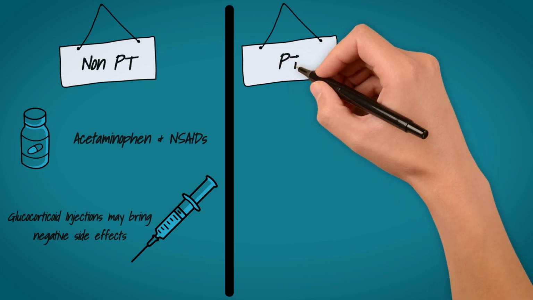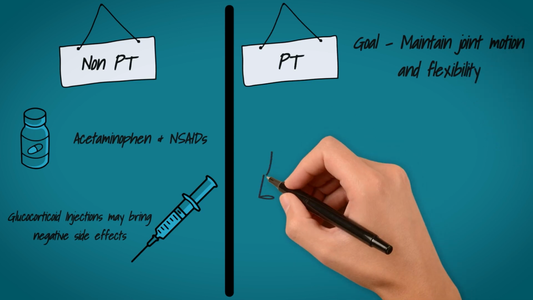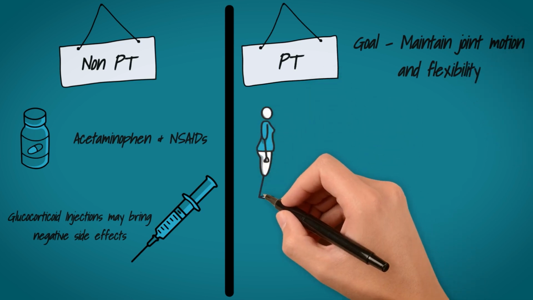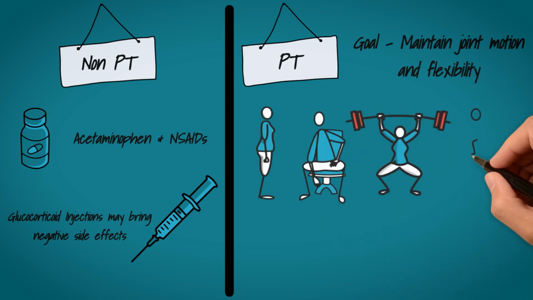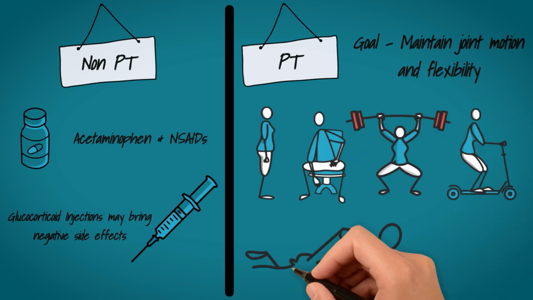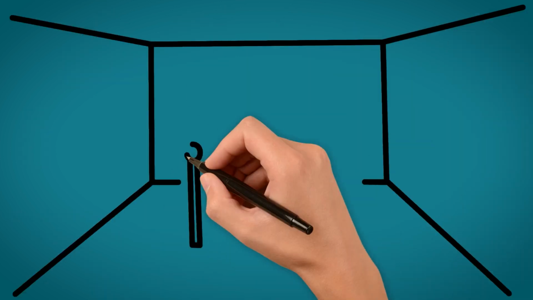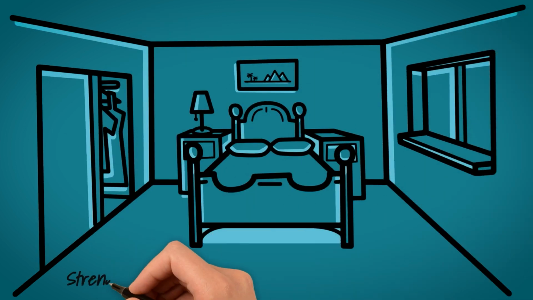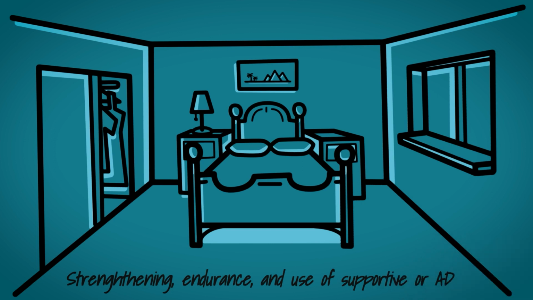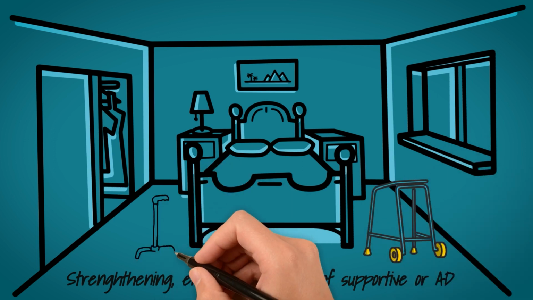So let's go over to the physical therapy side and what this means to us as PTAs. The goal of physical therapy should be to maintain joint motion and flexibility. This often involves posture retraining, evaluating the patient's work site, general strengthening exercises, endurance activities, aquatic therapy, and engaging in functional activities. When it comes to home care, the patient will typically continue to perform the exercises that they can tolerate within the clinic. This may include strengthening exercises, endurance activities, and the use of supportive or assistive devices if